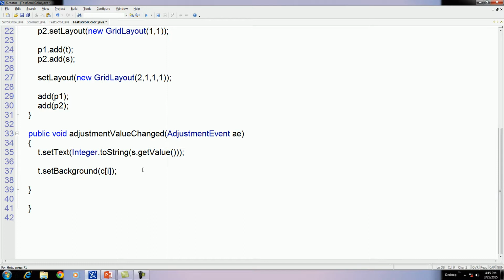But here we will get some problem. What's the problem? Let us see the preview first and then we will solve it.